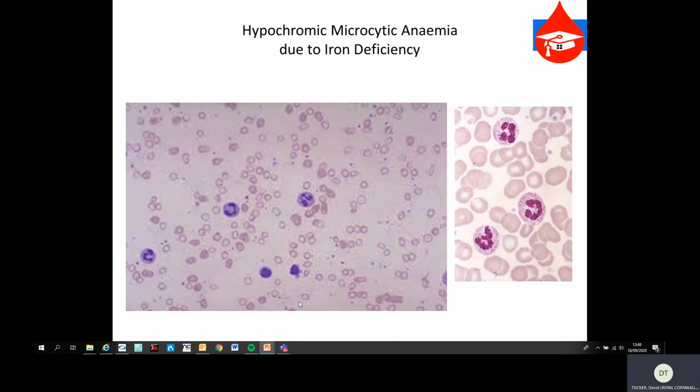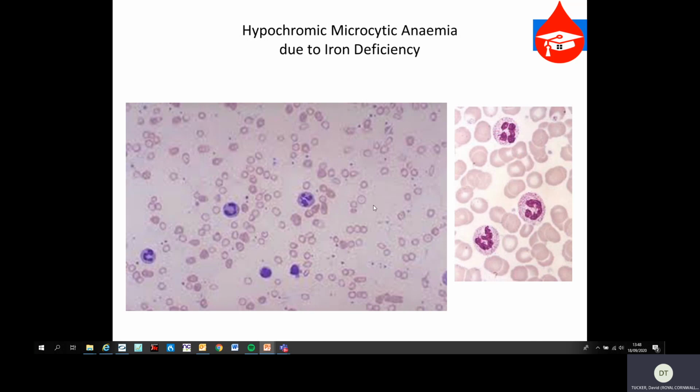This is a blood film from someone with iron deficiency anemia on the left, compared with a normal blood film on the right. And as you can see in the normal film, you've got this nice thick hemoglobinized red cell here, which is of normal size, and they're all uniform shapes. On the left here, we have an iron